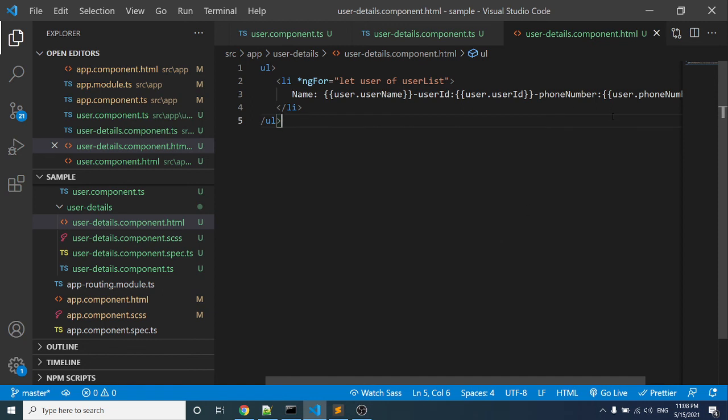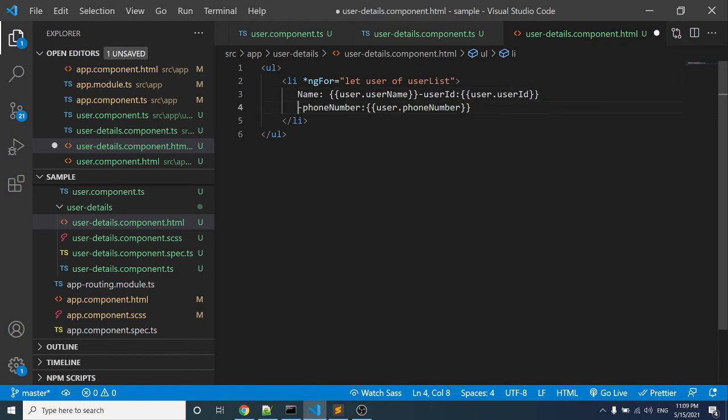Let's break this into multiple lines and go to the browser.